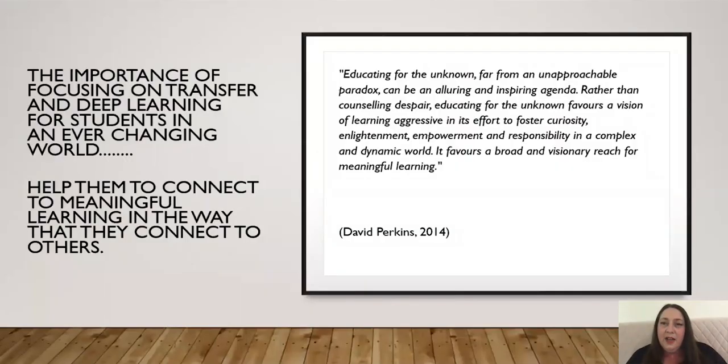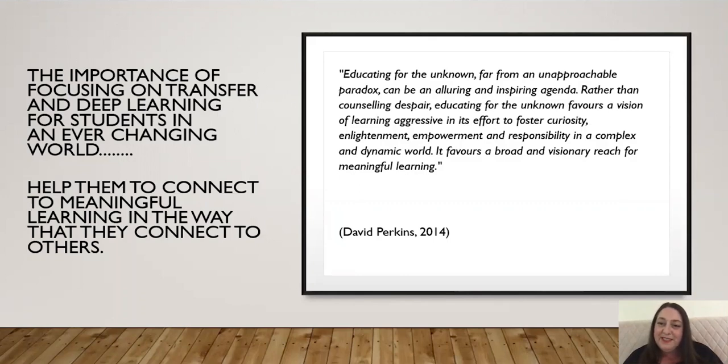So I really like this quote. This quote actually was in the student voice and student agency document Amplify. It's by David Perkins, who's an Australian educational leader, and he really talks about educating for the unknown, and he will often talk about leading into the 21st century. And if you've heard John Hattie speak, he would say, well, I hope that we've got this right by now, because we're near 20 years into the 21st century. So we want to make sure that we're doing this well.